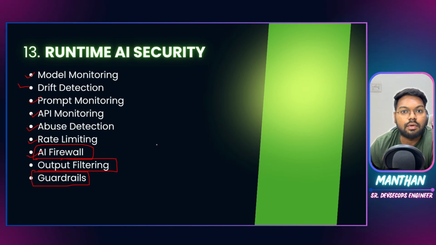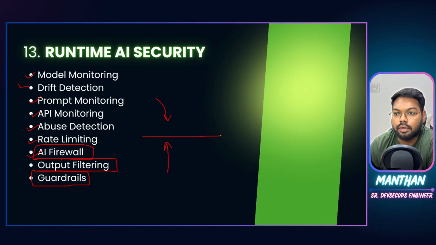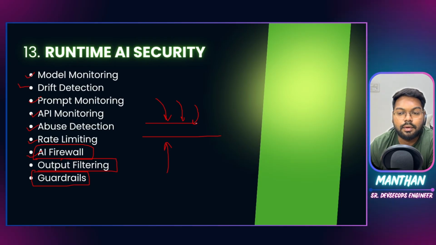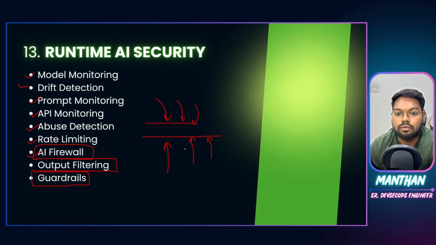So incoming is important, outgoing is also important. You need to apply filters on both ends to sanitize the data, to check for different malicious inputs, and to stop giving out restricted or private information that should not be shared. So guardrails would help here, and firewalls would help here. Okay, F, it's not R, it's F.